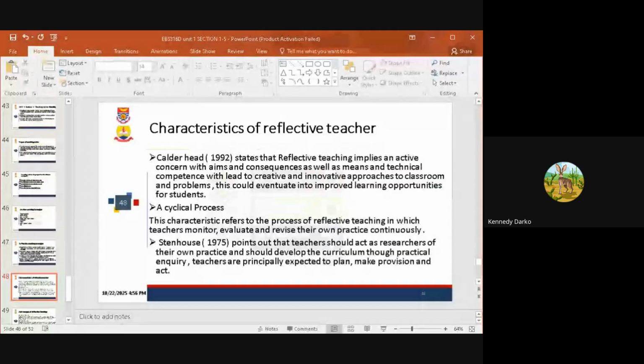Now, when we look at Stenhouse, 1975, he also points out that teachers should act as researchers of their own practice and should develop curriculum through practical inquiry. But teachers are principally expected to plan, make provision, and act. You see,